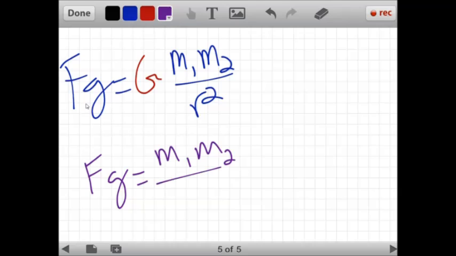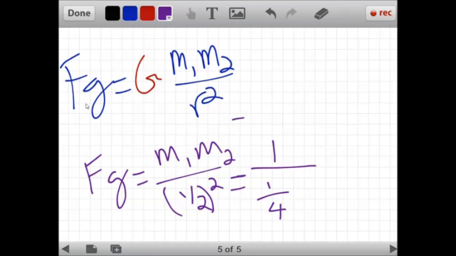If I halve my radius, that'd be 1/2 squared. Now this starts to look a little funky. I would get 1 on top over 1/2 squared. 1 squared is 1, 2 squared is 4. I would get 1/4. Now if you remember your math rules, when I divide by a fraction, it's the same